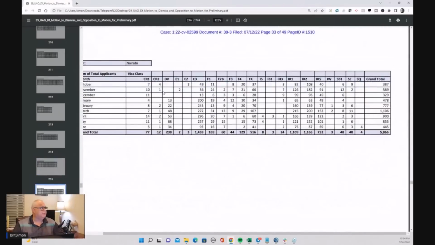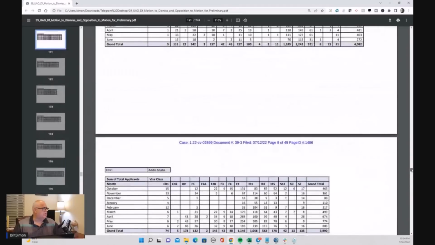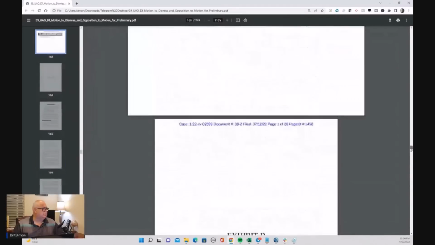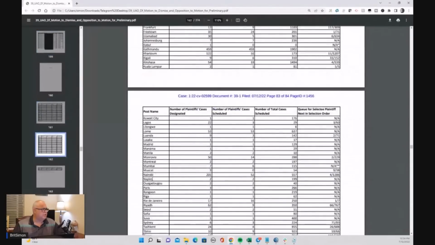for each of the embassies, let me just zoom out a little bit. So for each embassy, for DV cases, it shows you the amount of cases they've been processing, essentially their capacity. So Nairobi, for example, has been accommodating these numbers, less than 100 for Nairobi, right? Now, if we go back to page number 161 for a second,